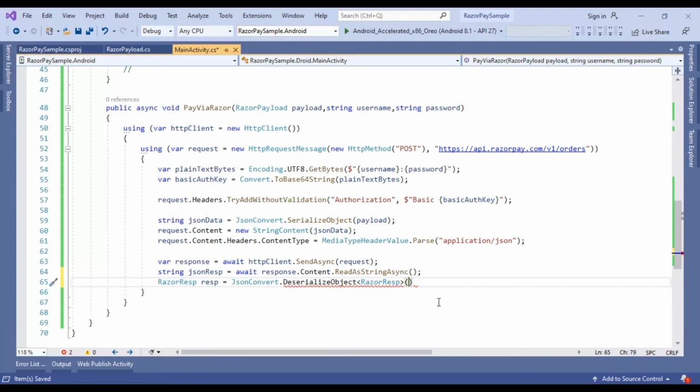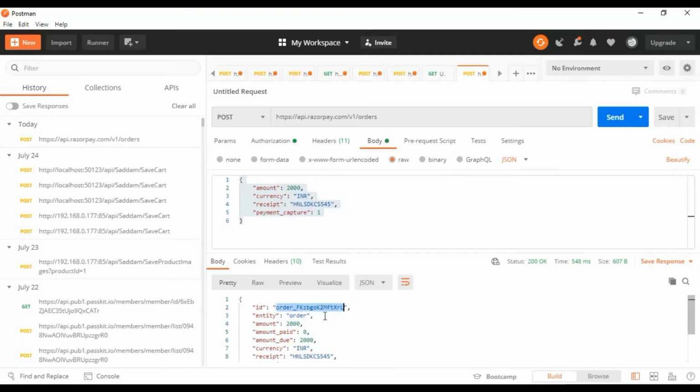So after successfully returning this JSON data, we are going to convert this data to the response. After that, when Razorpay successfully returns this order ID, then we will go to the checkout process.